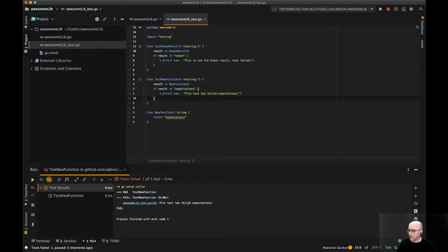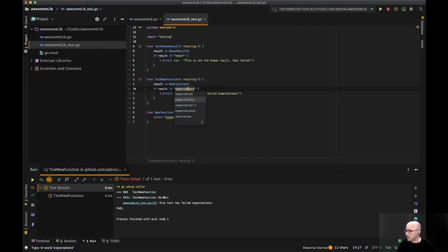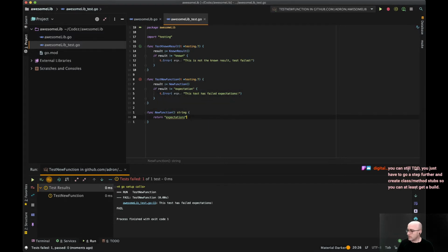And if I run this, I'm going to get a failing test. Boom. This test has failed expectations. That's actually what we expected, and that's not bad. But let's make it pass now. So we'll just actually change this because our expectations has a Z. But you know what? It's going to fuss about the typo because my IDE helps me spell words correctly, which it doesn't always know. Sometimes I have to add things to the dictionary. But I'm just going to go with what it's referencing me to here, and then change that to expectation.